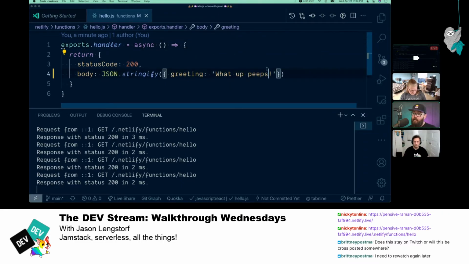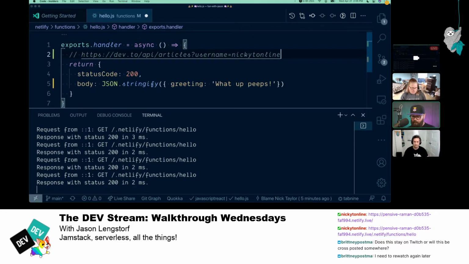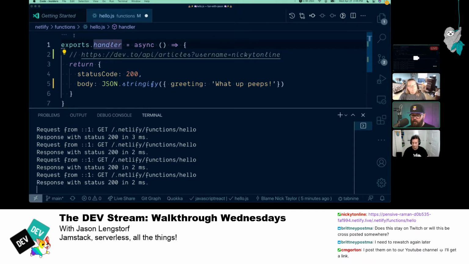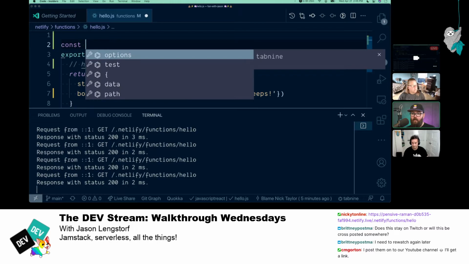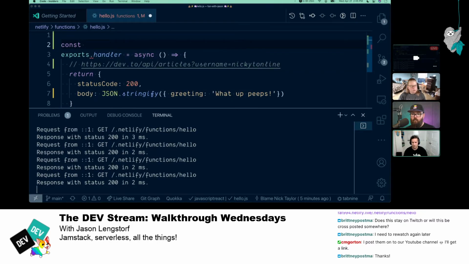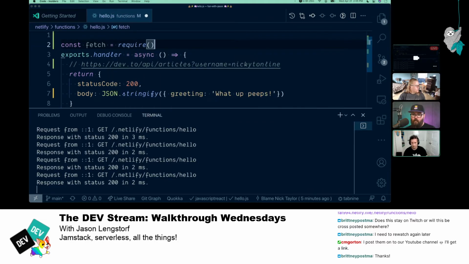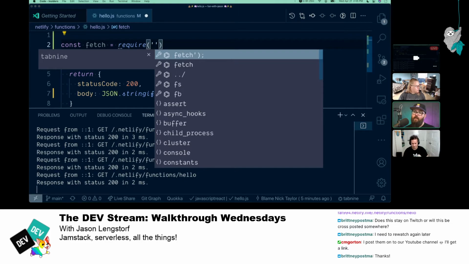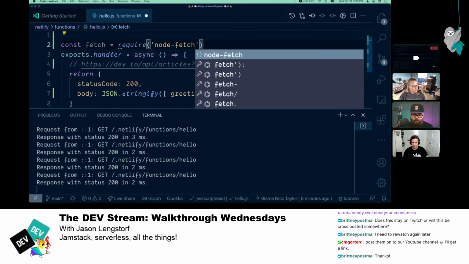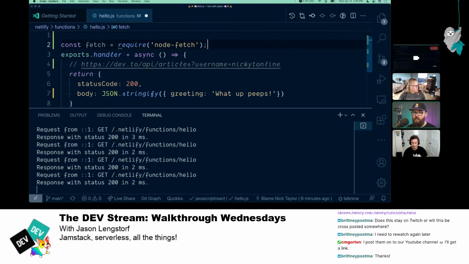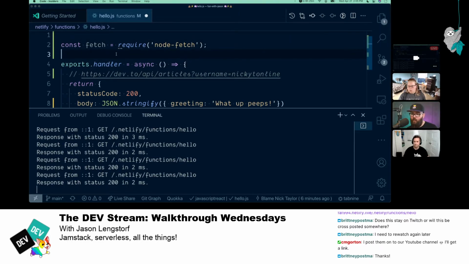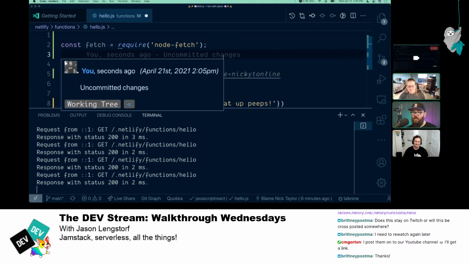Cool. All that being said, now you are able to pull in your fetch, so we can get const fetch equals require node-fetch. Is it a default export or named export? It's the default export, yeah. Okay, cool. Require. I'm used to doing import. I know. We actually are working on a version of functions that uses ESBuild. It's supported now, but I haven't run through it to be confident in writing ESM style serverless functions yet. You can do it today, but I can't remember how.